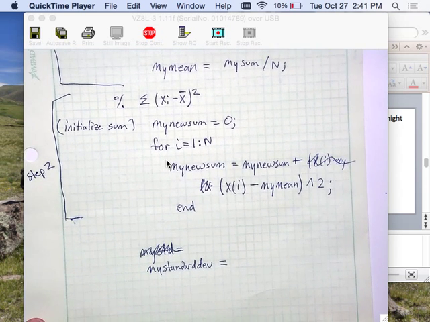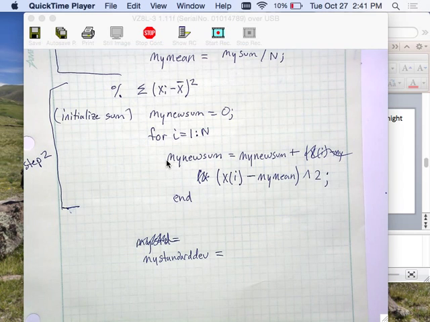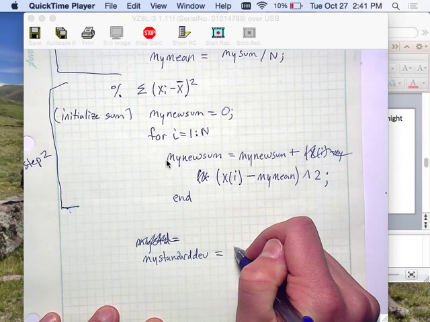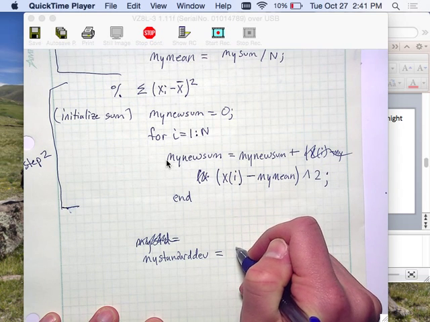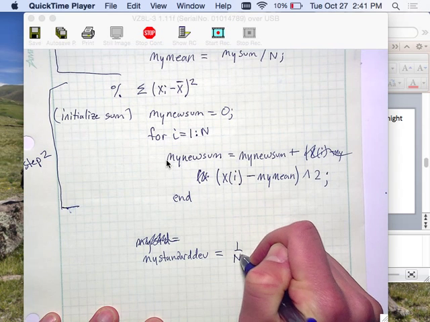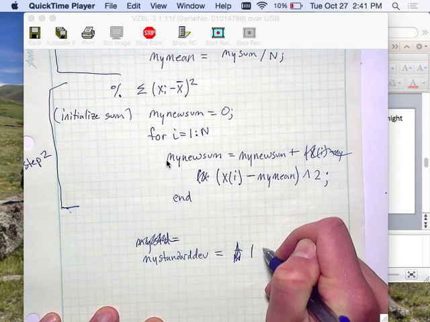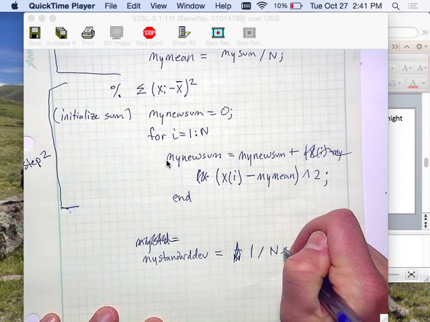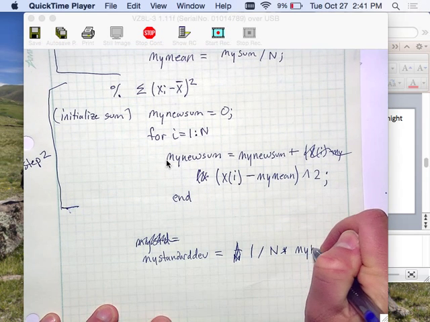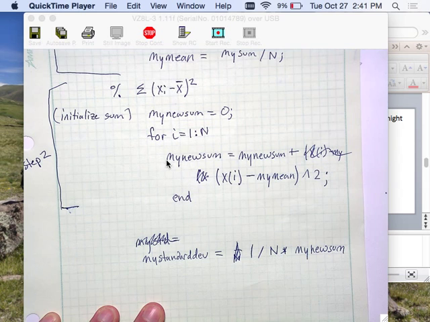So, any thoughts? We just write out the formula exactly, right? So we have, what did you say? 1 divided by n. So we'll write it in MATLAB: 1 divided by n times my new sum